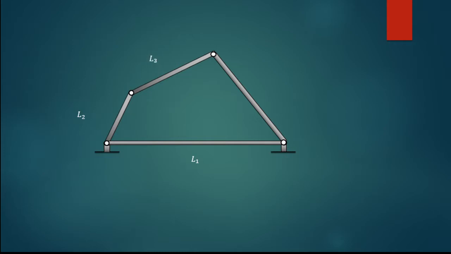L3 we call the coupler link. L4, or length 4, is called the follower link. So this input link should satisfy the law concept of Grashof's criterion to make full